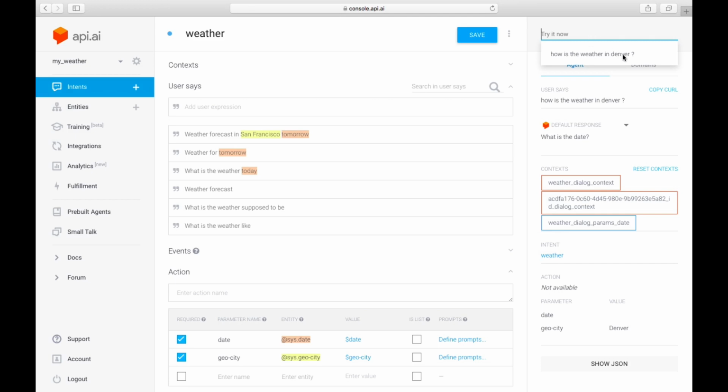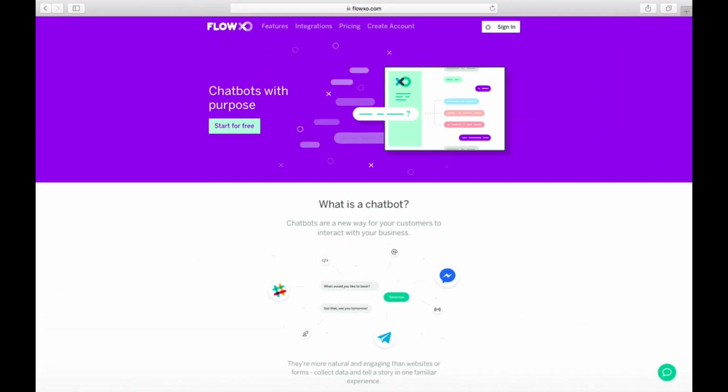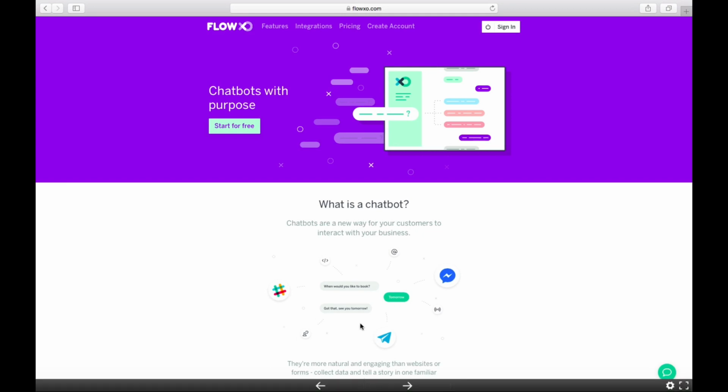So if you look at the upper right corner, you can see I'm trying out then to say, okay, how is the weather in Denver? And it will make an assumption that, okay, Denver must be a town. So we treat it like San Francisco, and then we fall back on the other things, like when do we want to hear this? What is the weather forecast for in terms of time?